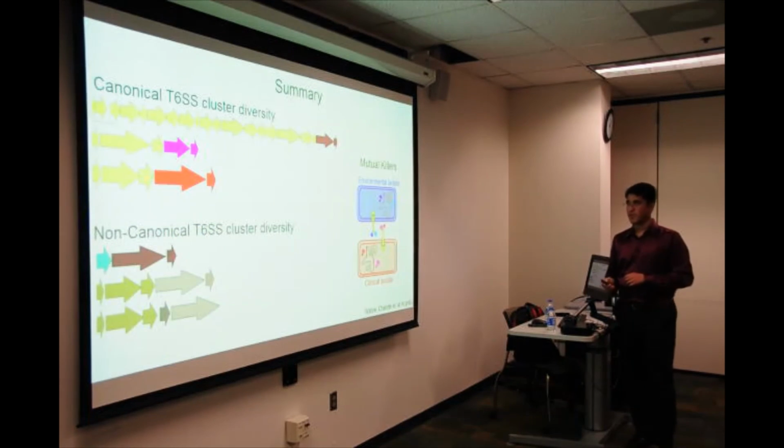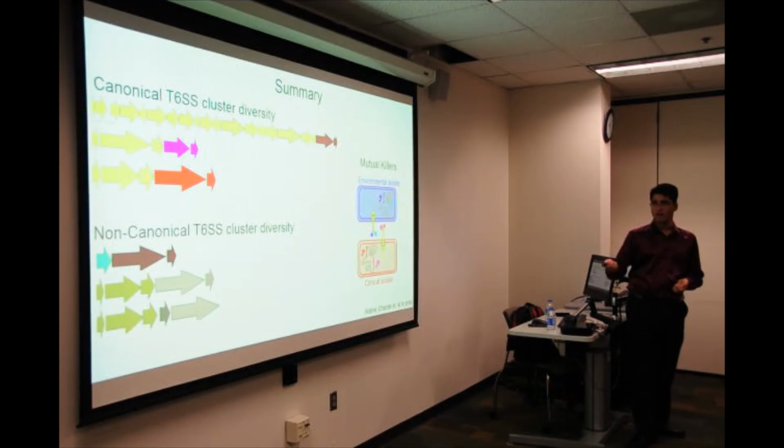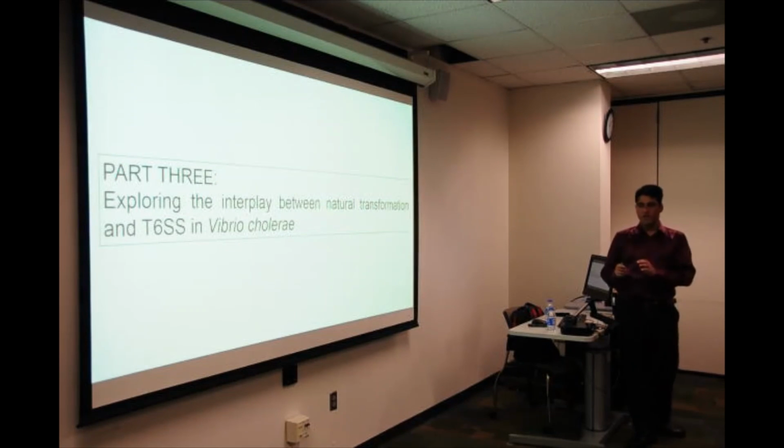So to summarize this part of my talk, I was able to identify using genomics approaches several diverse effector proteins, and so I was able to classify them in the canonical type VI secretion systems as well as the non-canonical clusters, and then I was able to identify that these proteins are responsible for mutual killing. Moving on to the last part of my talk,